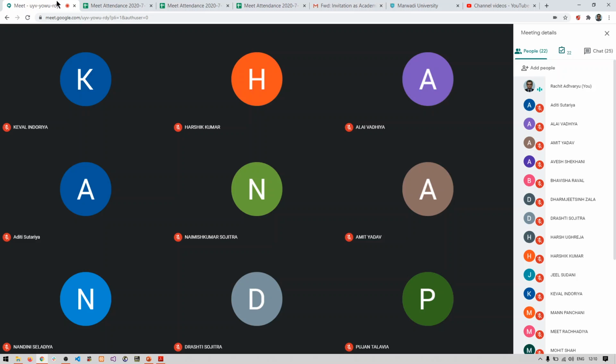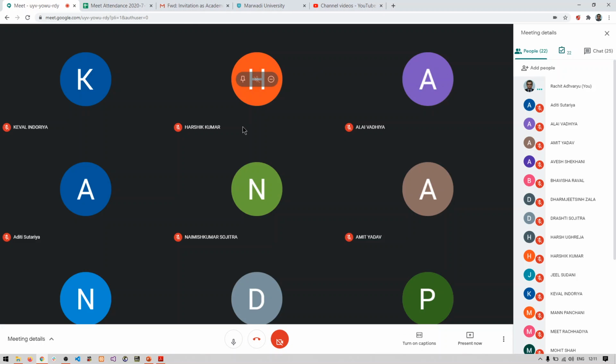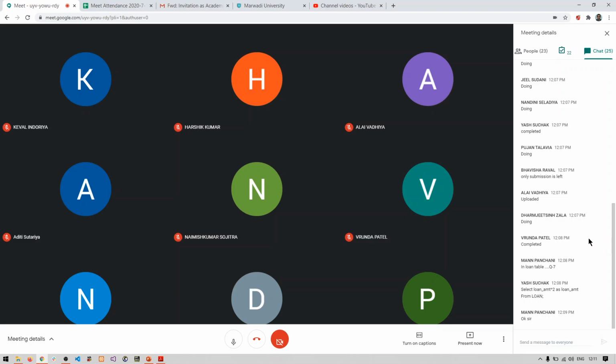So is there anyone who is facing any issue with these commands, who has not understood or who is having any particular type of problem in any of the commands? Let us say also we have studied select command, how to fetch data from the table. So is there anyone who is having any type of problem or any type of issues with any of the commands? Anyone first of all? No one is having issue, right? So I can move ahead. Okay, then let's move ahead